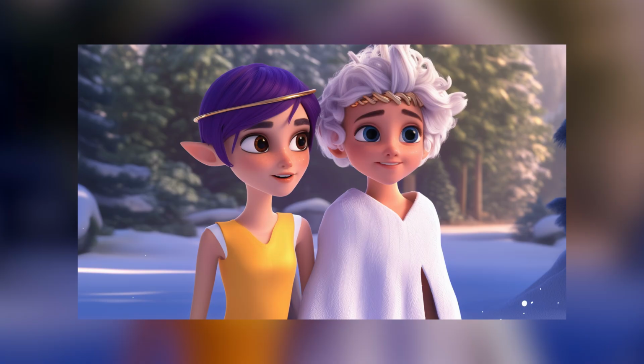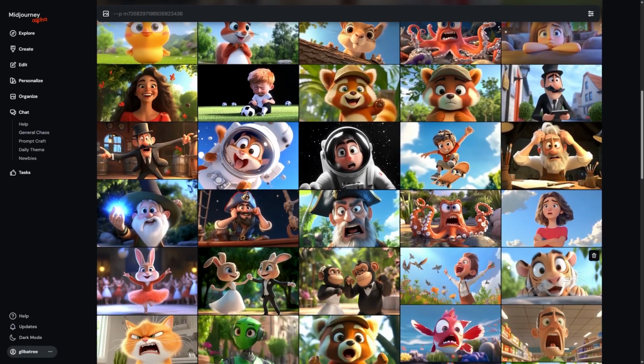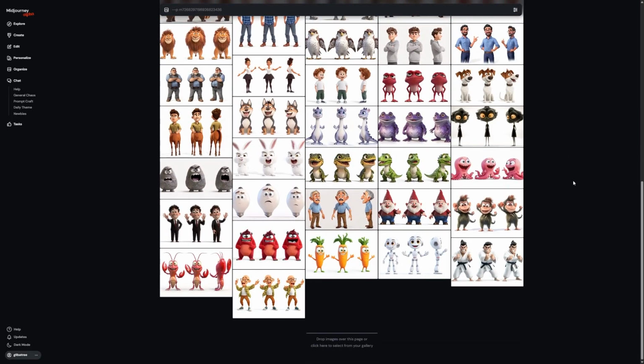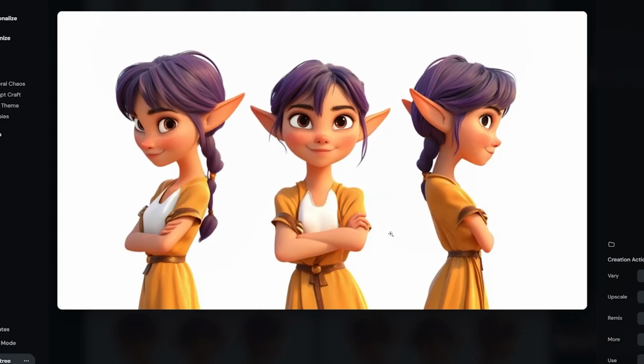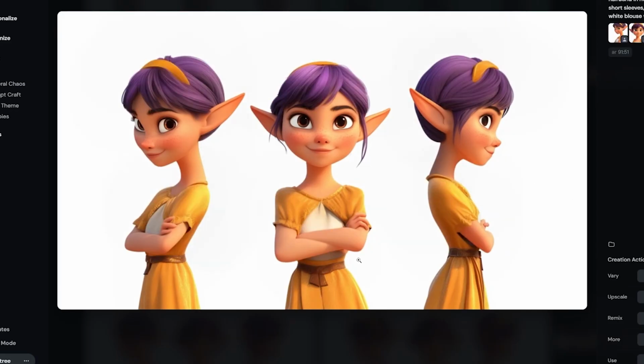Obviously, my expressive animation mood board did a lot of the heavy lifting for sticking to this gorgeous Pixar-inspired style. The multiplied character mood board also really simplifies creating those original 3-panel references I used at the beginning. I hope it's clear that the steps I showed you will work for any style you're working with, but